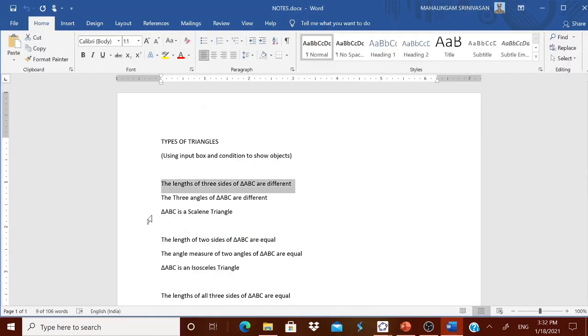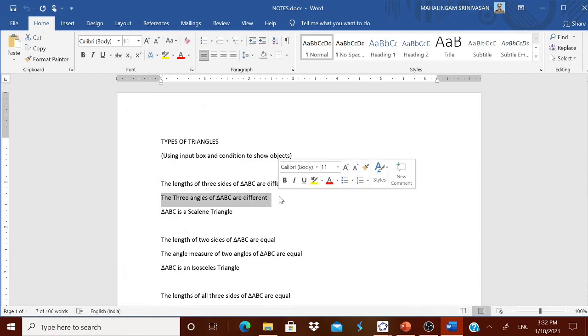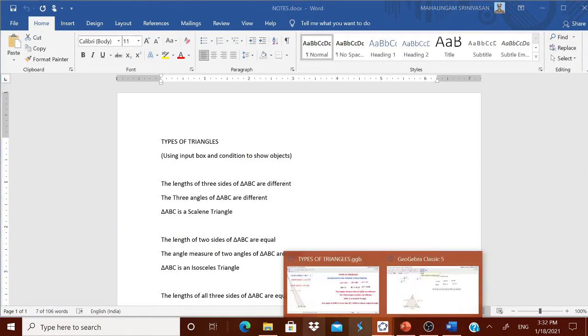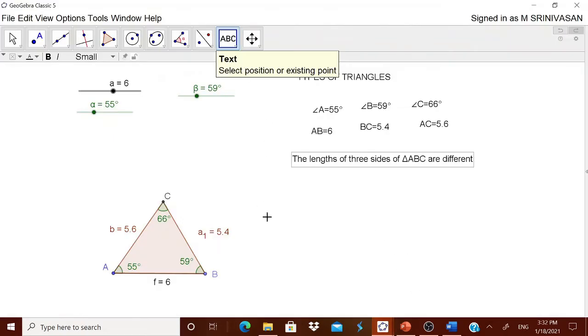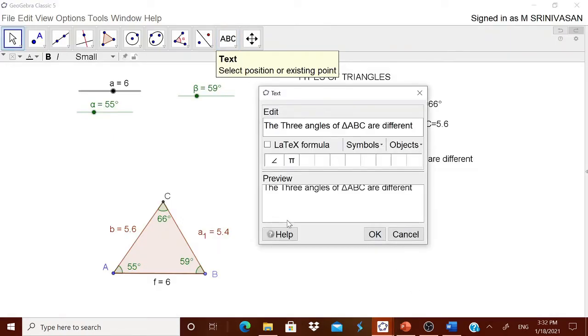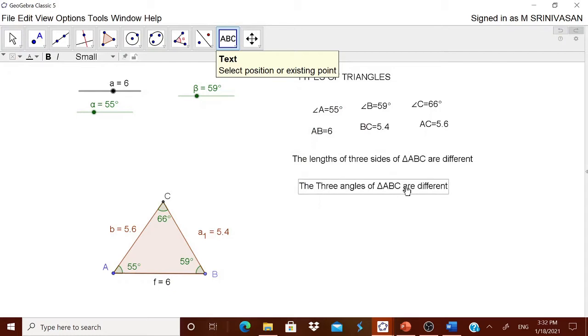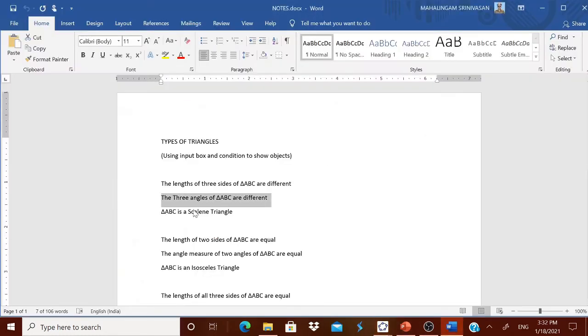Go to the next one: the three angles are different. I am telling the type based on the sides and based on the angles also, so that the child can understand that for a particular triangle what will be the nature of the sides and what is the nature of the angles. It is a scalene triangle.